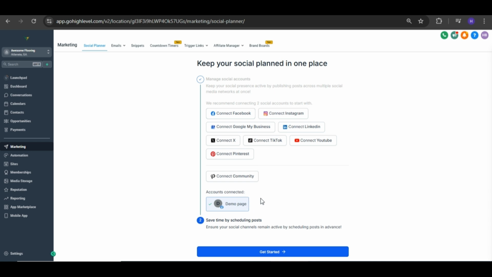Alright, now you know how you will connect your social media accounts to GoHighLevel Social Planner. Our next step is to manage your accounts or schedule your content within GoHighLevel, which we will explore in our next video. But if you face any trouble in this step of connecting your social media accounts with GoHighLevel Social Planner, you may ask me in the comment